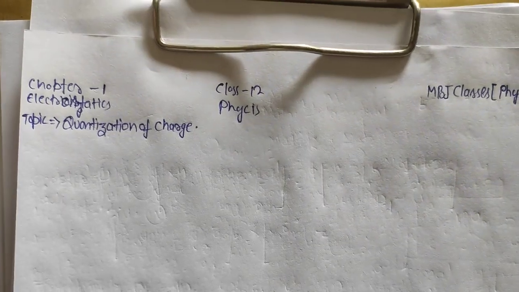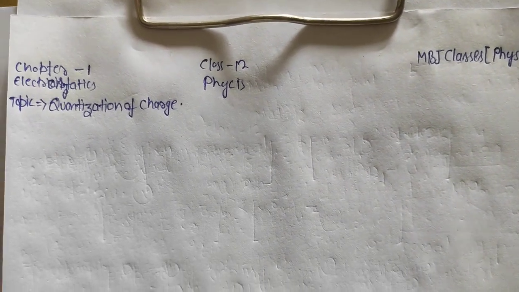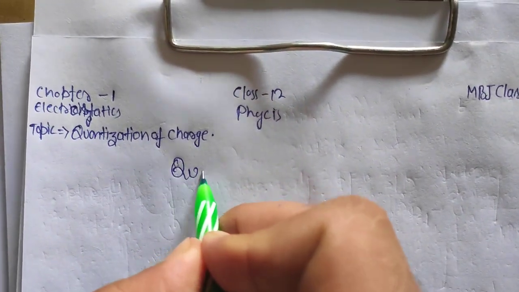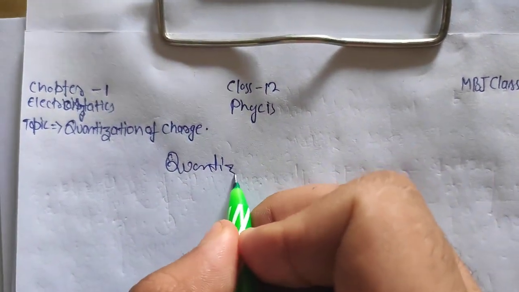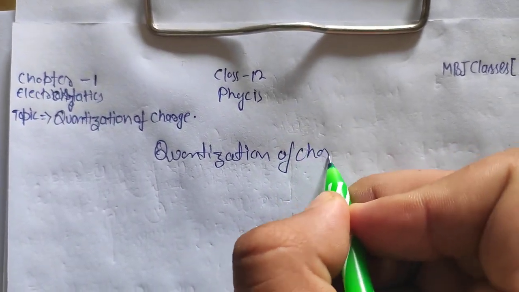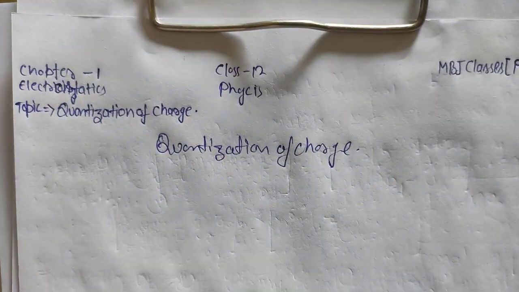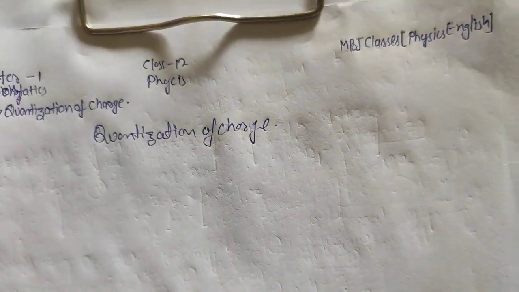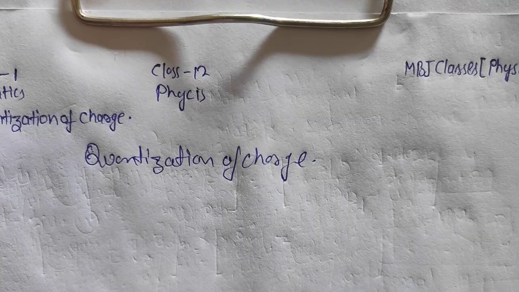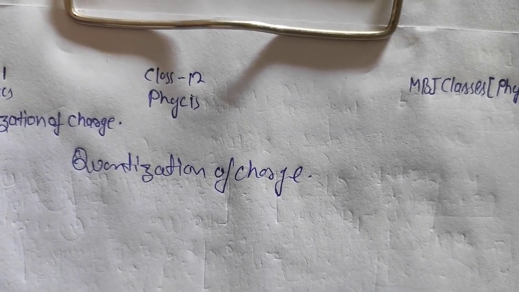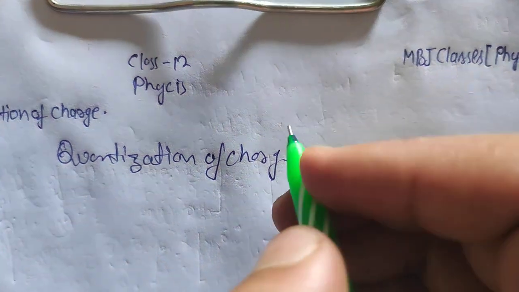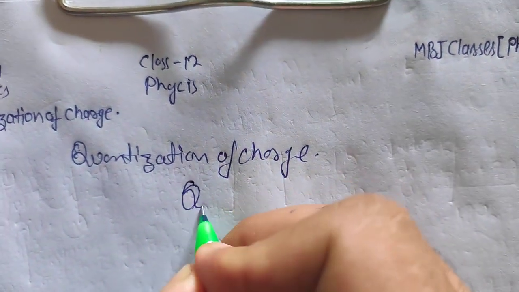Today's topic is electrostatics, quantization of charge, class 12 physics. The quantization of charge. In today's class, if possible, we will solve some questions, but first understand the concept of quantization of charge. The quantization of charge says that experimentally, it is established that all free charges are integral multiples of the basic unit. That is, the quantization of charge is said as